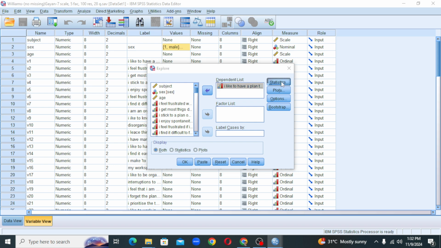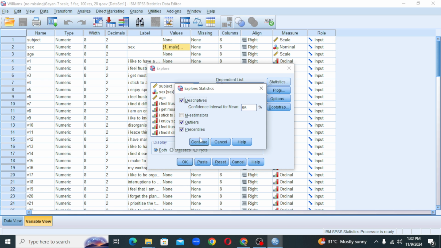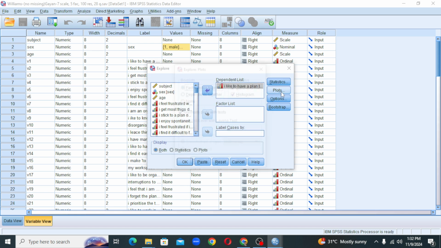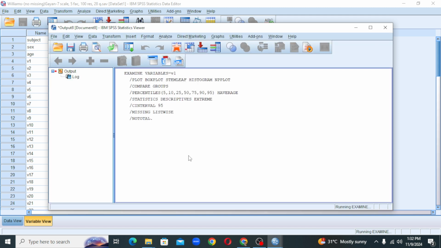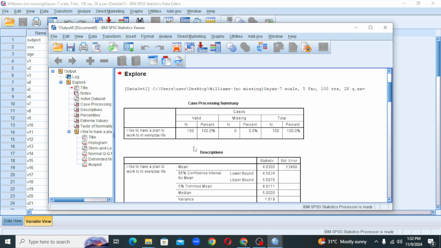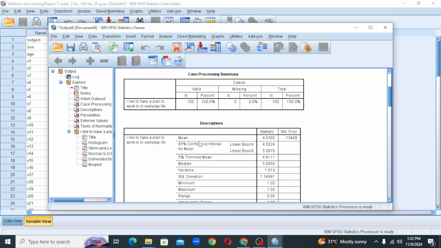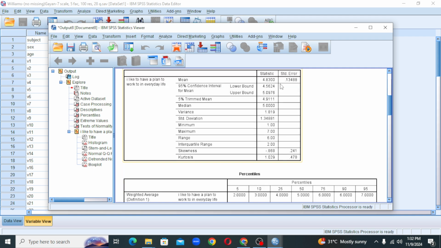For that, select Statistics and check Outliers, continue. In Plots, you have to select Normality, continue, then press OK. Here you will be getting descriptives, and the mean is somewhere around 4.8, and you have to refer to skewness and kurtosis. These should be close to 0, but as these figures are deviating, this is not a normally distributed